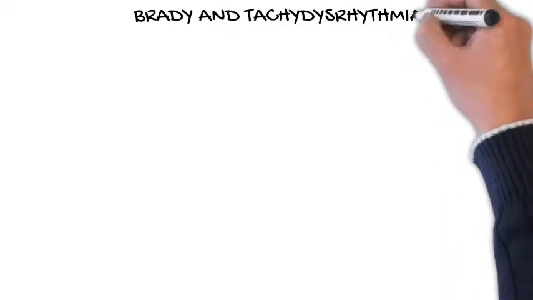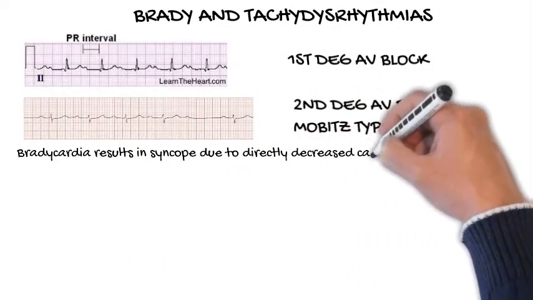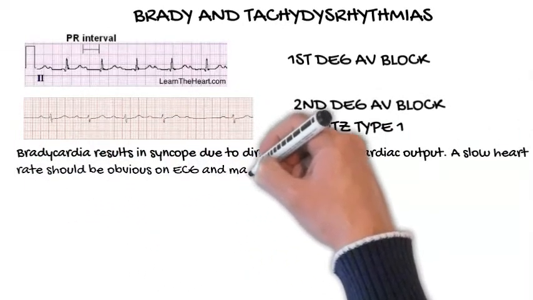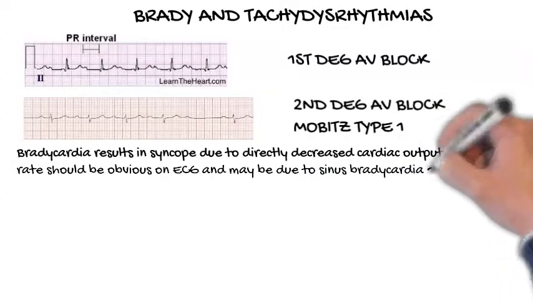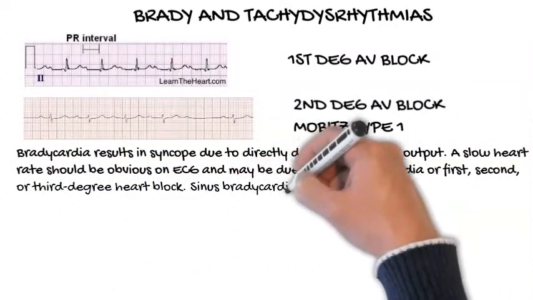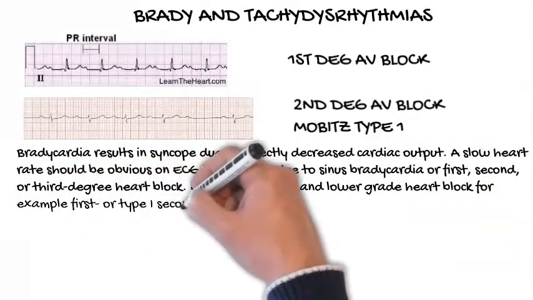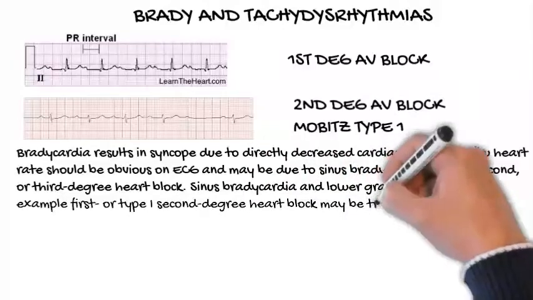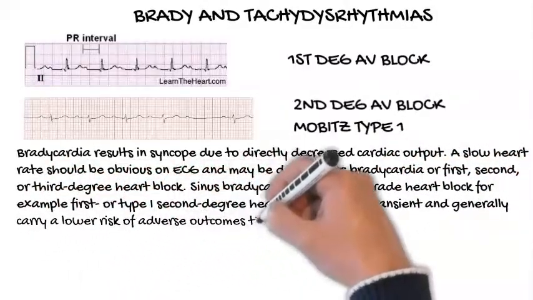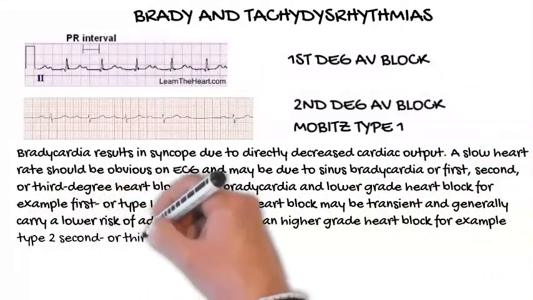Brady- and tachyarrhythmias. Bradycardia results in syncope due to directly decreased cardiac output. A slow heart rate should be obvious on ECG and may be due to sinus bradycardia or first, second, or third degree heart block. Sinus bradycardia and lower-grade heart block, for example first or type I second-degree heart block, may be transient and generally carry a lower risk of adverse outcomes than higher-grade heart block, for example type 2 second